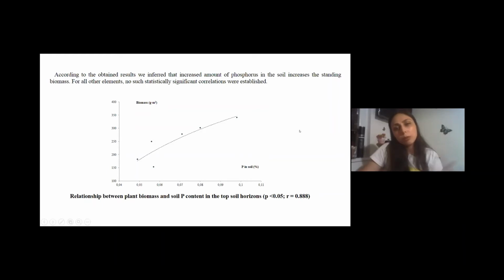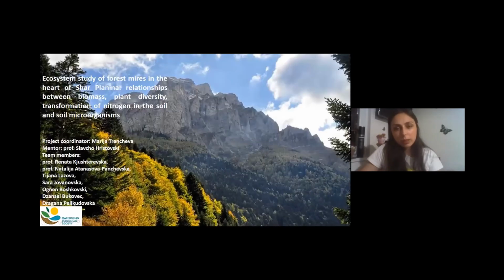So what from now? We did this basic research, but now I'm happy to share with you that we've started this year, with support from a program of the Macedonian Ecological Society, a project that is also regarding the ecology of the forest mires, also on Shar Mountain. Besides the previous research, where I was doing it mostly alone with my mentor, now I have 5 young undergraduate students that will join me, and I'm hoping that we will enlarge this wetland community in Macedonia